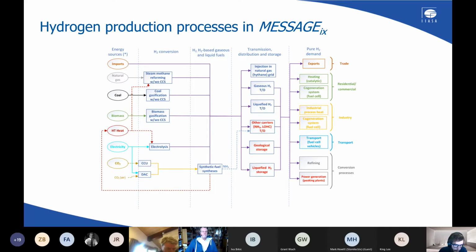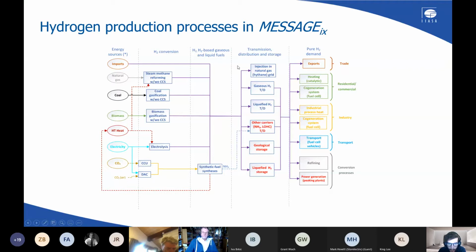As an alternative and potentially cleaner, let's say, or greener way to produce hydrogen, we also have different electrolysis technologies, which can either be used for producing synthetic fuel synthesis, as we can see in the next step, let's say on the right of the graph, or be used, of course, directly into the grid. So we also, as I was mentioning, have representation for the transmission, distribution, and storage message, and I think also